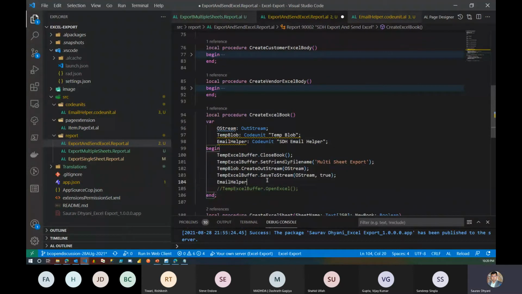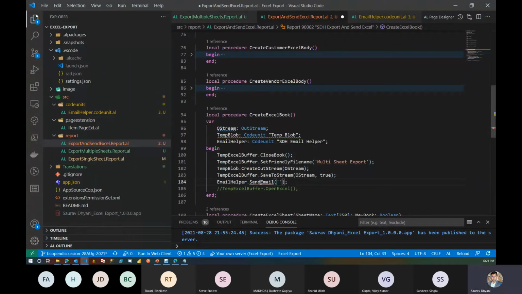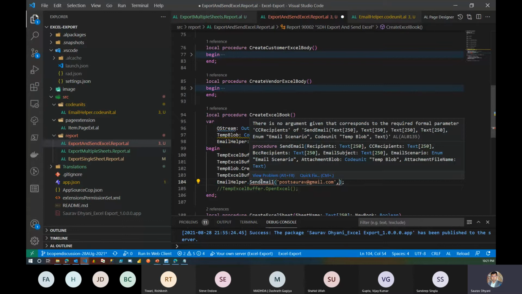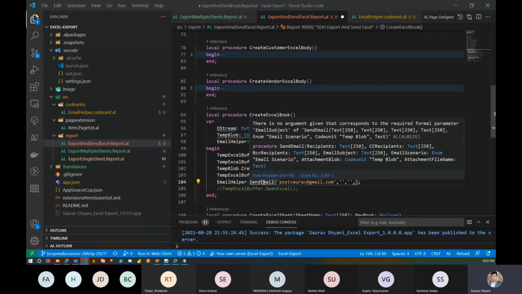Send mail first needs the recipient. I'll hard code it right now, but you can change it as you want. Be creative, put it on the request page, it's up to you. I don't want it to be CC to anyone, so I'll keep it blank, and I also don't want it to be BCC to anyone, so I'll keep it blank. Now let's see what the other parameters are. The other parameters are subject. Now let's say the subject is